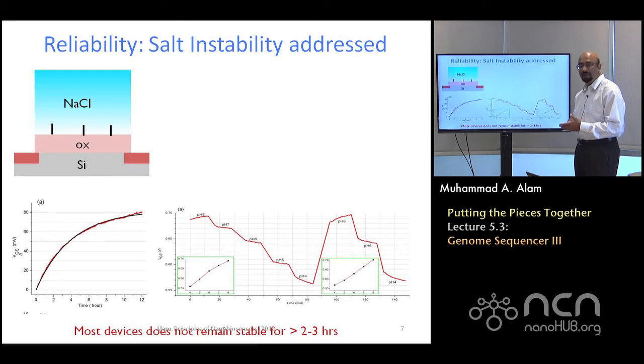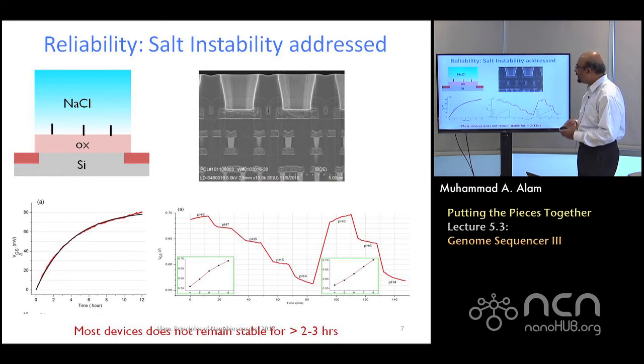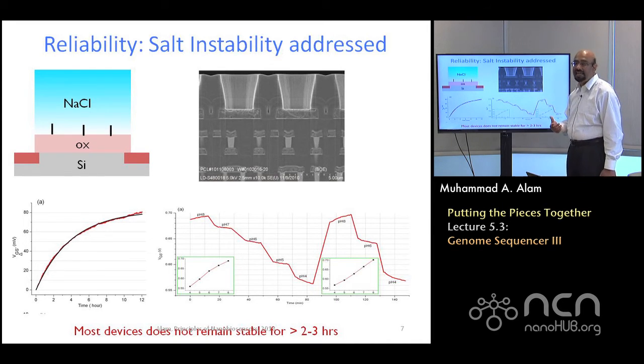So how is this problem solved in genome sequencing, which requires many hours to complete the operation? The way it works is that these wells, which are shown here on the top, unloaded, are actually separated from the transistor by a metal interconnect. This is called an extended gate approach, where the gate has been separated from the oxide itself.